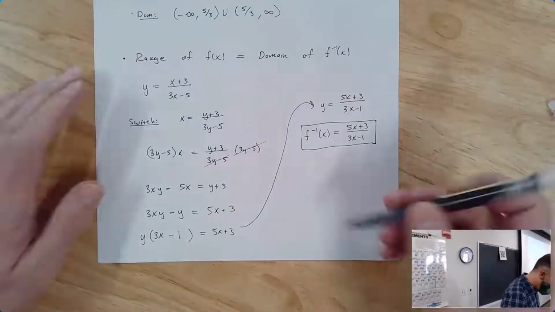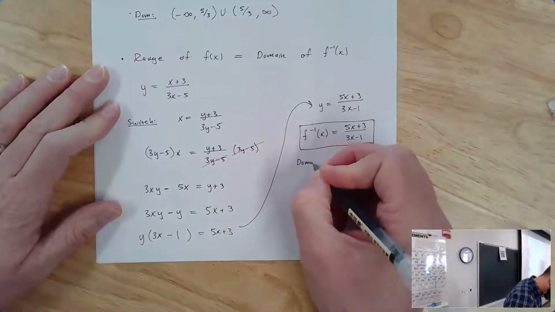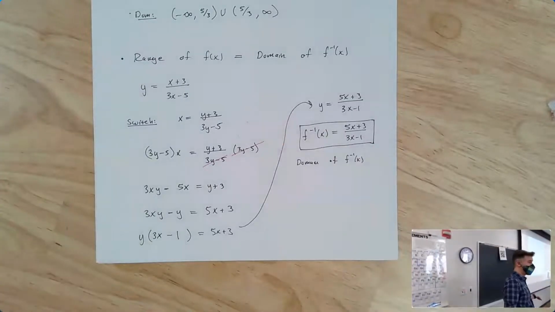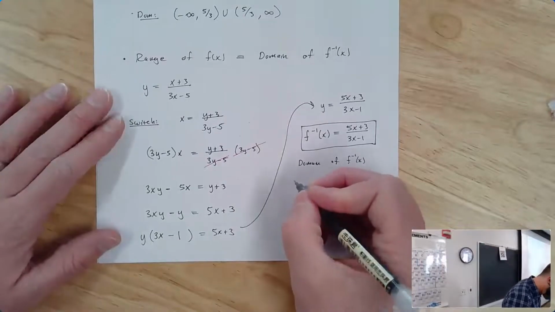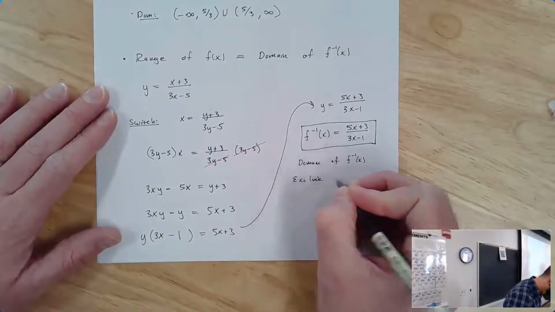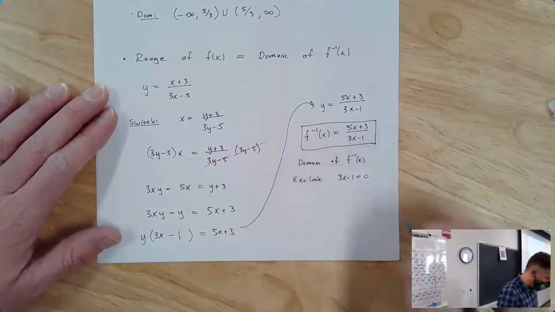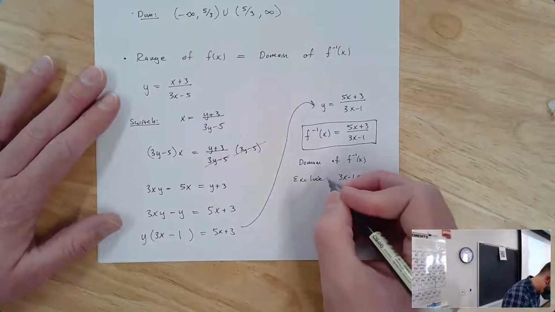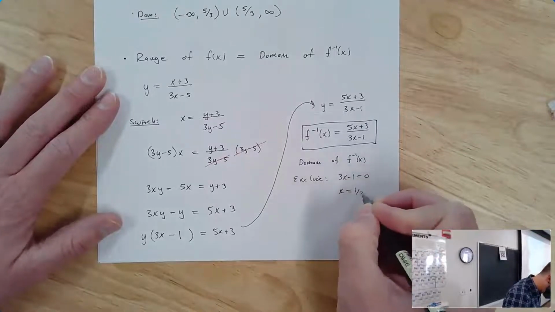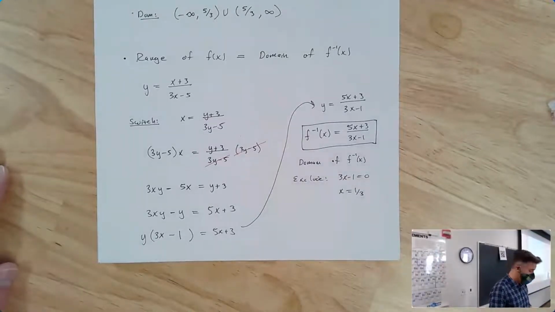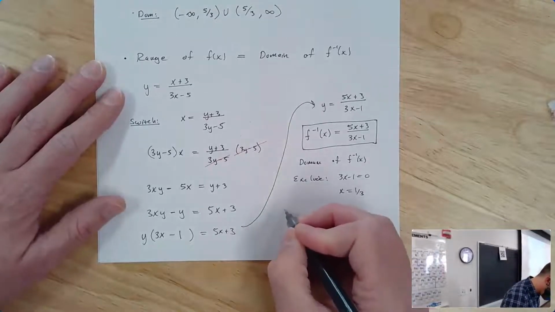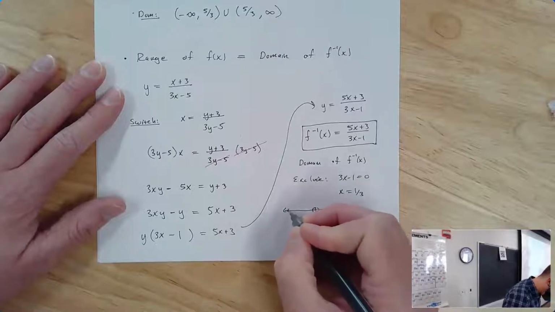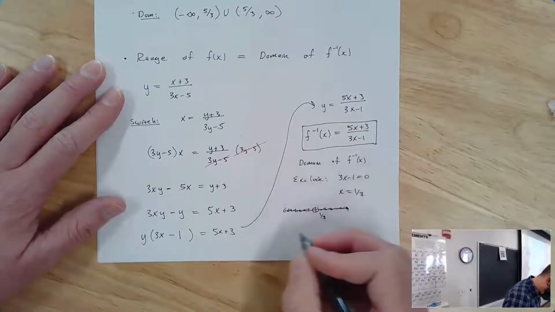To find the domain of f inverse of x, again, we don't want the denominator to equal 0. So we're going to exclude where 3x minus 1 equals 0. Oh, that's going to exactly be where x is equal to 1/3. So that means our domain here is going to be, well, I can draw the number line again. There's my 1/3 that I don't want. I do want everything else. So my domain here is